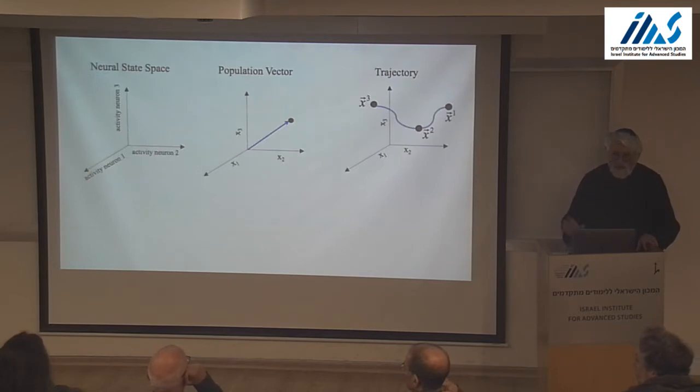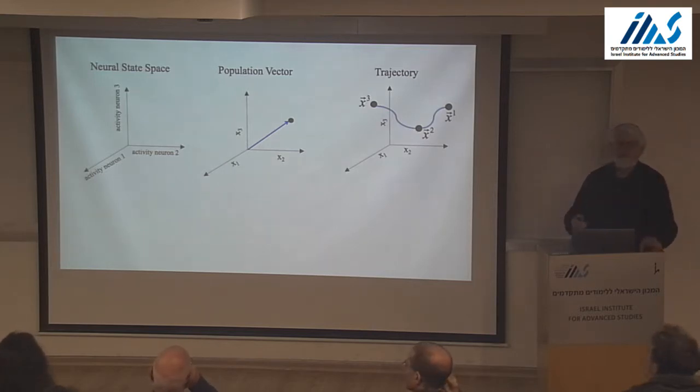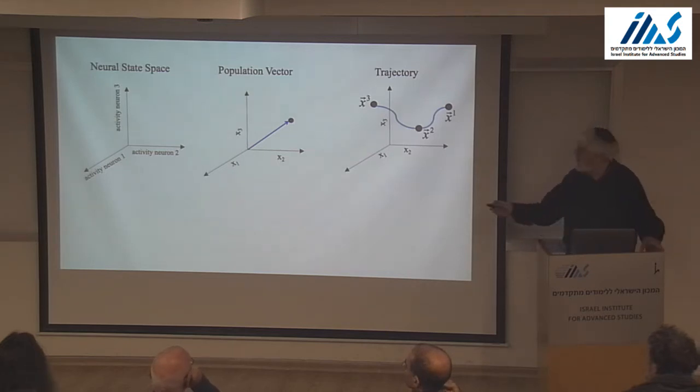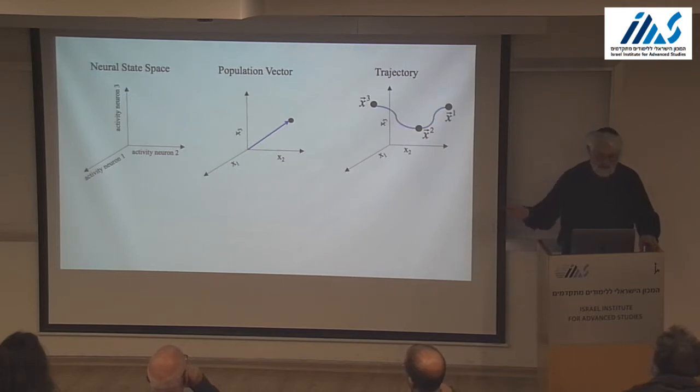So, first of all, what do I mean by distributed representation or neural representation in general? What I think most of computational neuroscience or systems neuroscience have in mind is the following model. What you see on the left is a three-dimensional space, but imagine a 100 or 1,000 or million-dimensional space, depending on what part of the brain you are looking at. And the axes are the